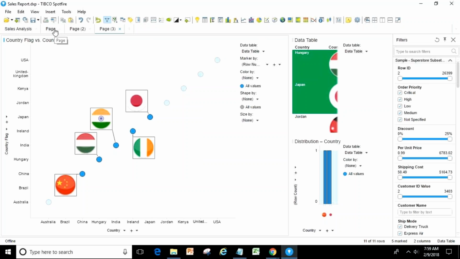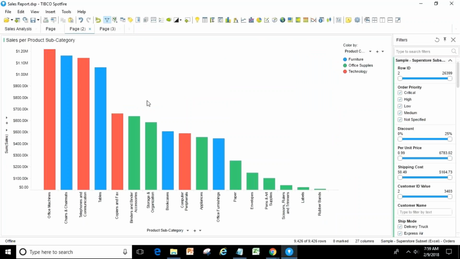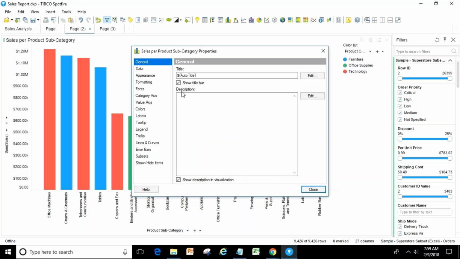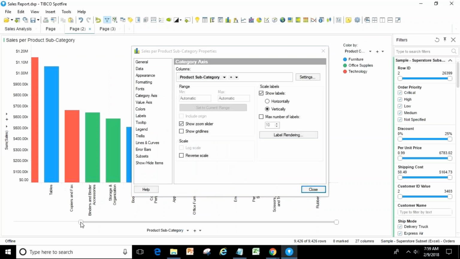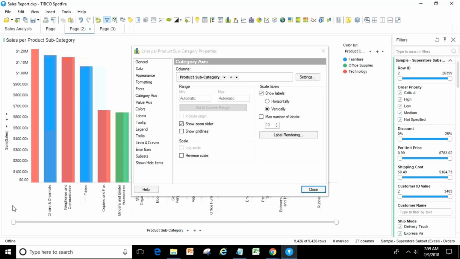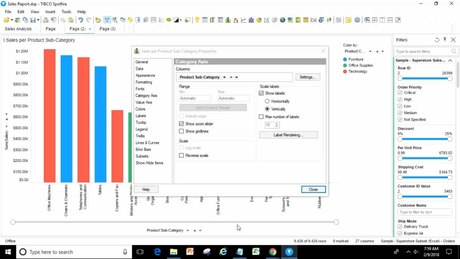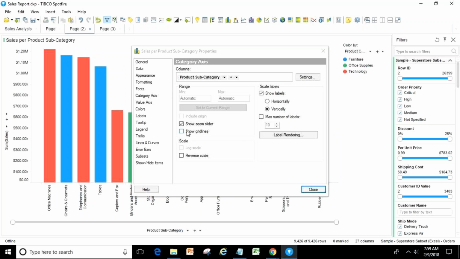Okay. So this was an example which has images, a new example. Okay. So you were discussing the chart. The same thing you can do for any other visualization, category axis. Okay. Then you have a show zoom slider. Normally it's not used here, but it is still useful, and it will be more useful in cases where you have many values or many data points on your category axis. So just using the zoom, you can see your desired range of output.